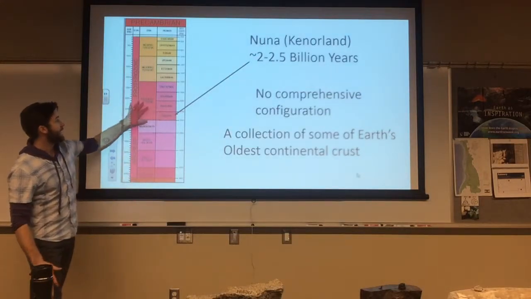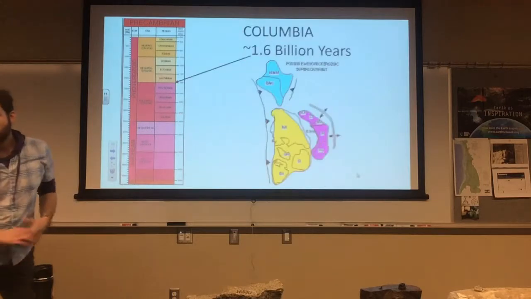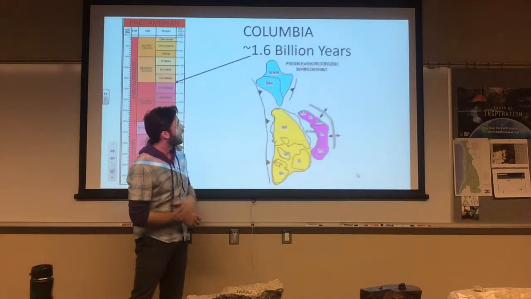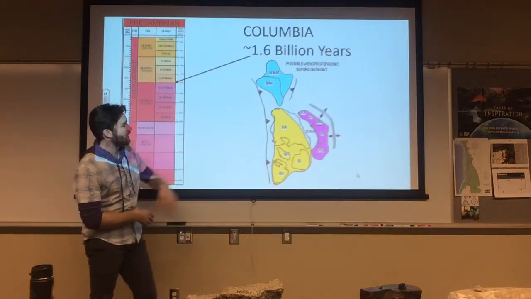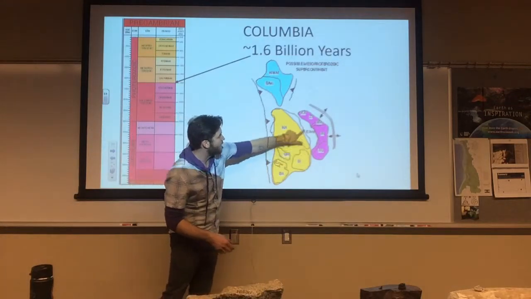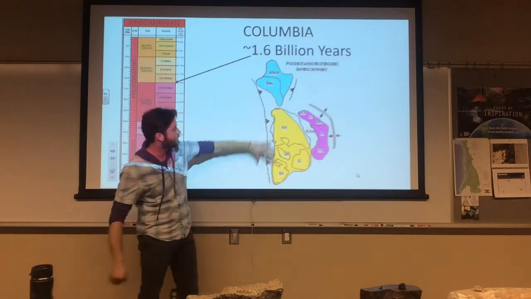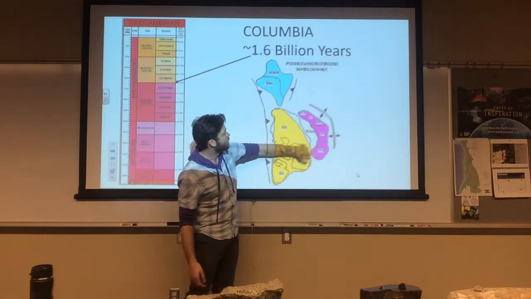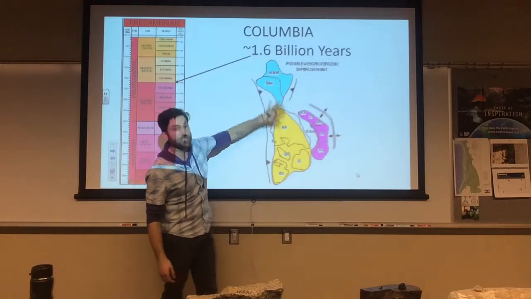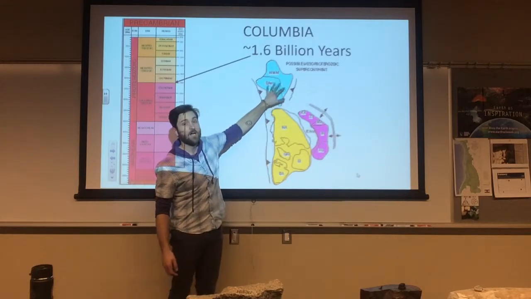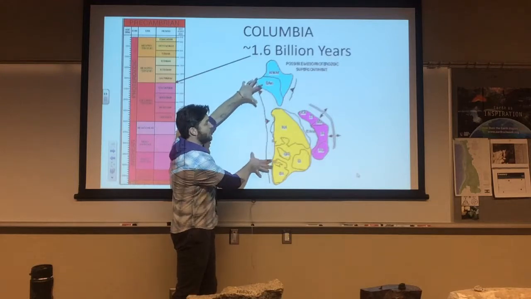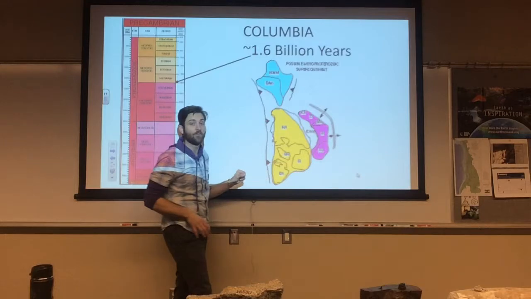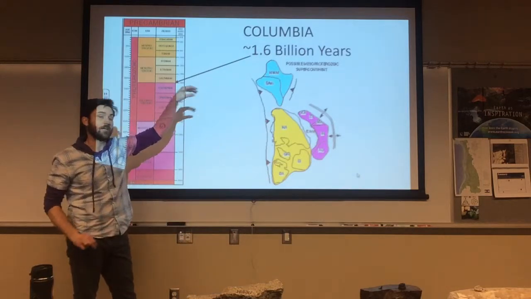Okay, so here's the age in Proterozoic time. Then the supercontinent Columbia, this is one of the possible reconfigurations of that. And here's the outline of some of today's continents drawn around here. So here's North America, Greenland, Siberia, Baltica, Australia, India, right? You can see some of the shapes in here, South America. So we have some loose configuration of how each of these related to one another during the supercontinent Columbia.